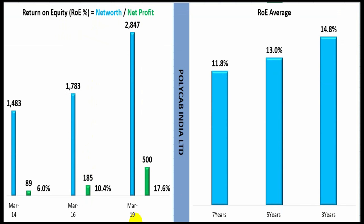Return on equity in March 19 has increased to around 17.6% compared to March 14 and 16 where it was below 10%. In March 19, the company earned a profit of around 500 crores on the total share capital, or shareholders' contribution, or owners' contribution of 2,847 crores in the business. So this is a good multiple, and now finally in March 19, it has come up above my benchmark of